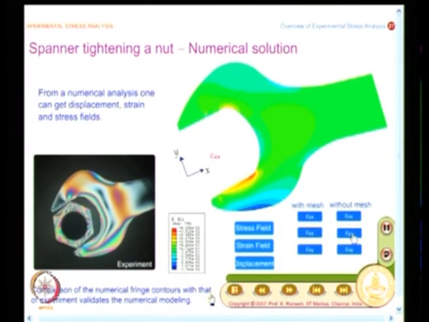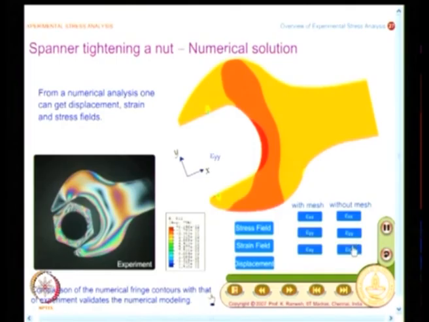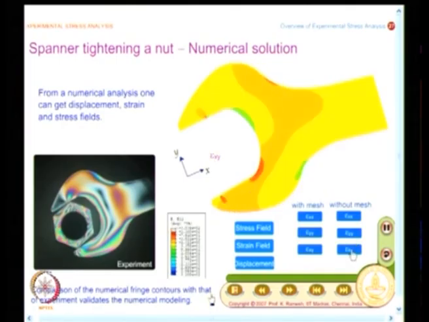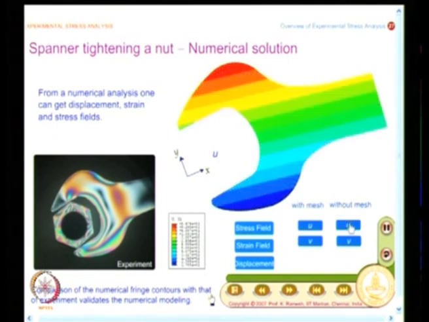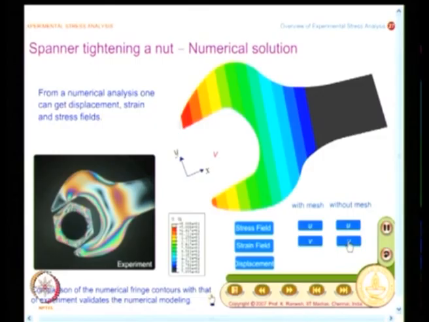Similarly, I can get epsilon yy. I can also get shear strain epsilon xy here, and I can also go and see the displacement field, and this is what I get here. I have the u displacement, I also have the v displacement. So, what I find here is, when I have a numerical approach, I could get all the 15 quantities comfortably,